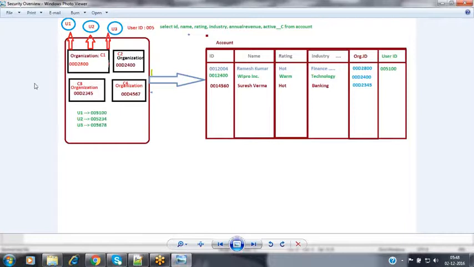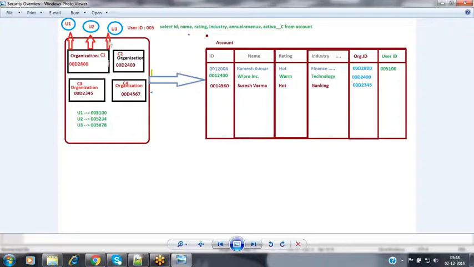Now, whenever the user makes a request by using their browser, it may be any browser, in order to access that Salesforce application, then along with their request details, it is going to forward that organization ID also, in order to indicate from which organization this customer has raised the request.